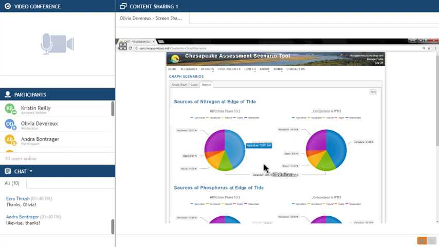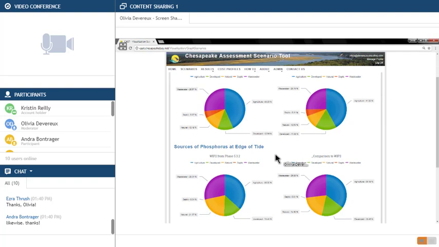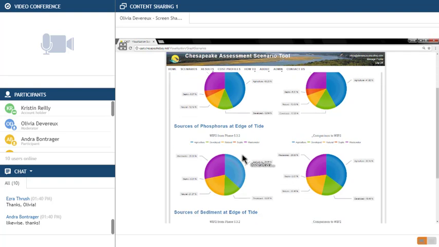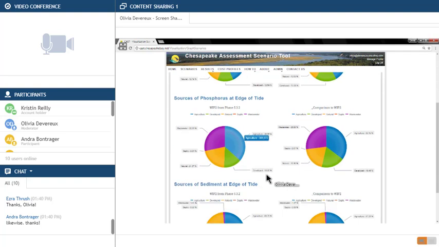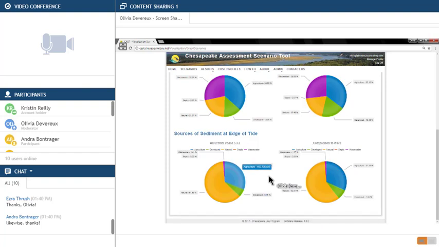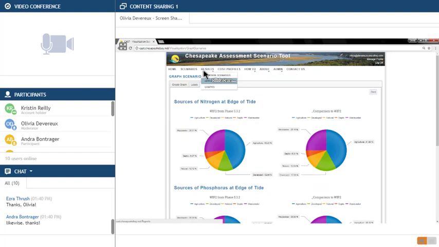What we did do is add forest buffers, so there should be an increased load in natural, because we added, I believe we added forest buffers, so we should see more acres there, which I'm not seeing, but that should be the effect of that. And then we have phosphorus, and you can see the sector breakout, and sediment if I scroll down. So that's your big picture,